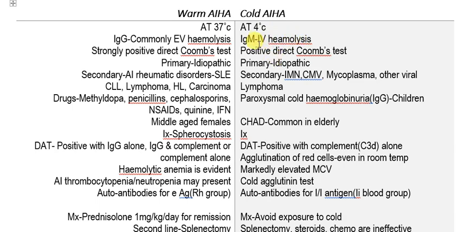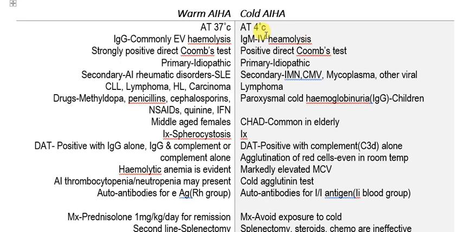Okay, and then as opposed to warm autoimmune hemolytic anemia, cold autoimmune hemolytic anemia is mediated by IgM antibodies. As you all know, IgM antibodies are capable of activating complement up until the membrane attack complex, that is the last stage of complement activation, and because of that, cold autoimmune hemolytic anemia can cause intravascular